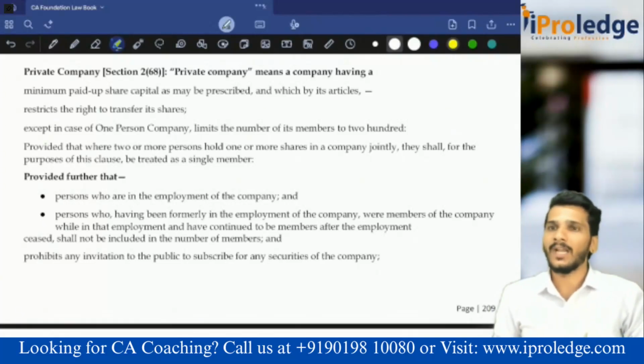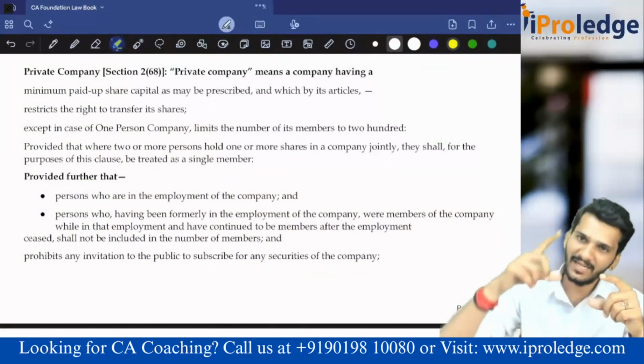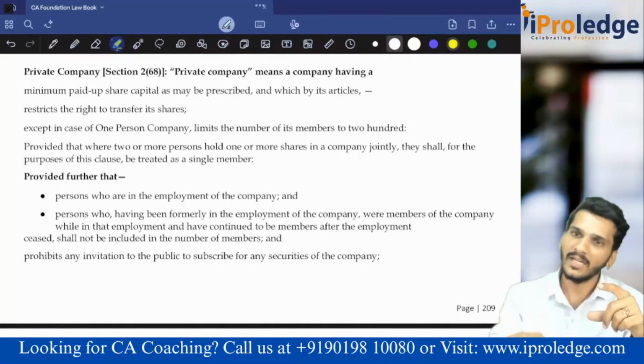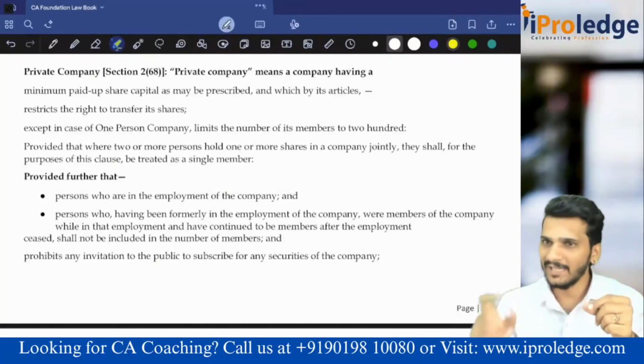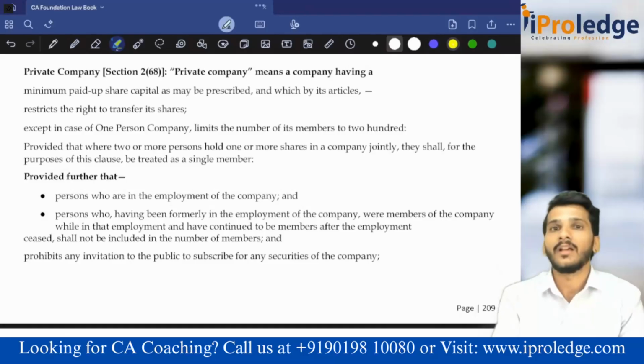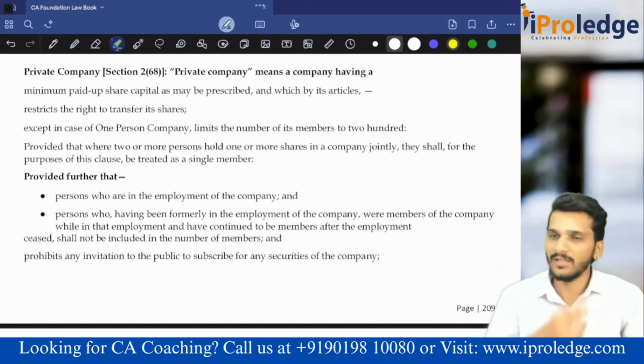There are two types of company, private and public company. What is public? Other than private is public. Private is like, if in the Articles of Association three conditions are specified, then only it is a private company. If these three conditions are not there in the AOA, then it is not a private company. Compulsory, it has to be written in the AOA. One is a restriction condition, one is a prohibition condition.